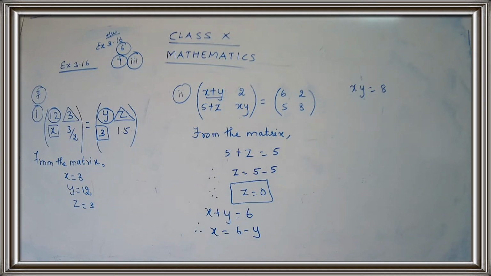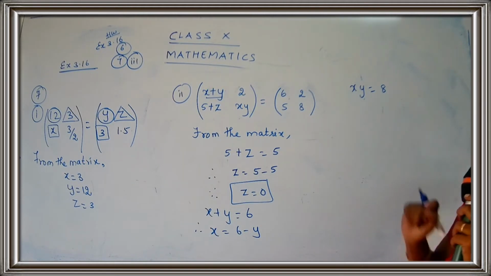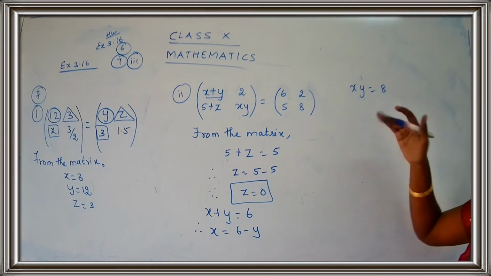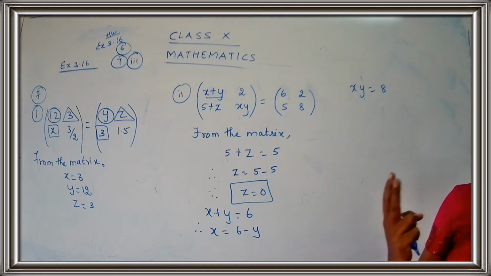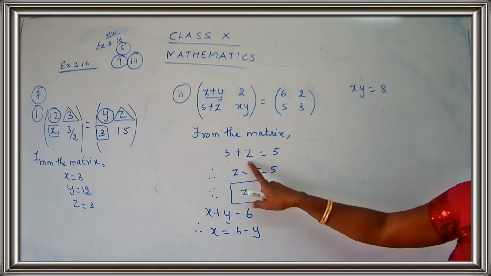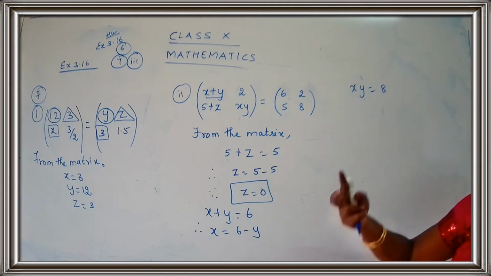Okay, so you get x is equal to 6 minus y, yes children? So we have taken one unknown part, and we have taken xy is equal to 8. Now what are we going to do here, yes children? See, we cannot find the value if it has two unknown variables. At least if one unknown is there, like see here only one unknown was there, so we can find out the value. But in this case there are two unknowns, here also two unknowns.